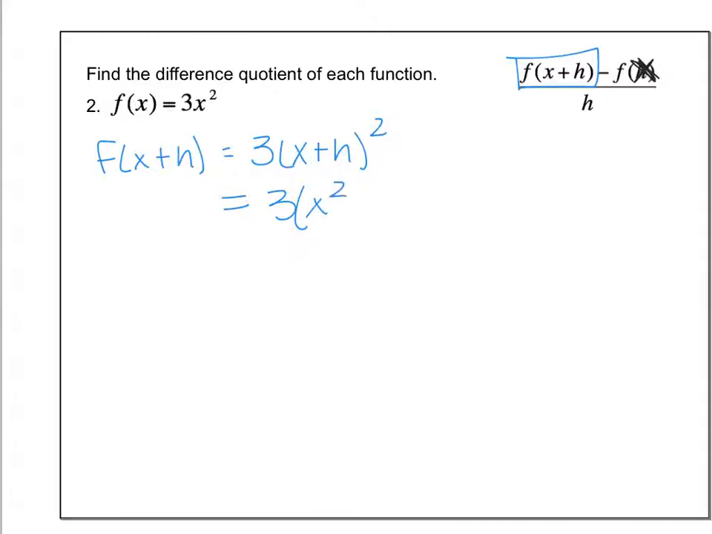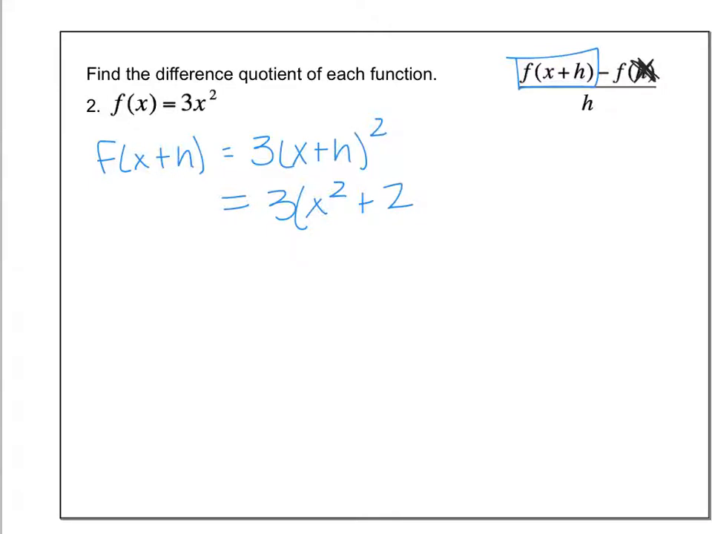X squared plus... there's a middle term. We need a middle term. What's the middle term going to be? h times x times 2. Don't forget about that 2. There's going to be 2 of them. If you FOIL it together, you're going to get x times h and x times h for the outside and the inside. So it's going to be